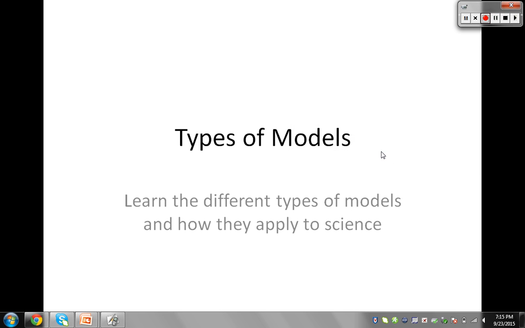These are notes on different types of models. So this year in science, we're going to use a lot of different types of models. And there's two really main types of models that we talk about and that we use. One of them is going to be pretty familiar to you, and then the other one might be kind of